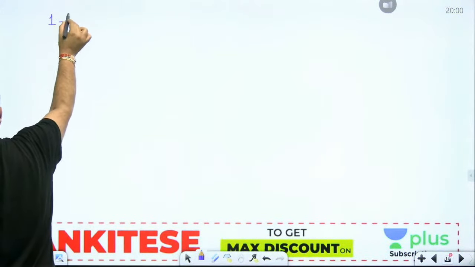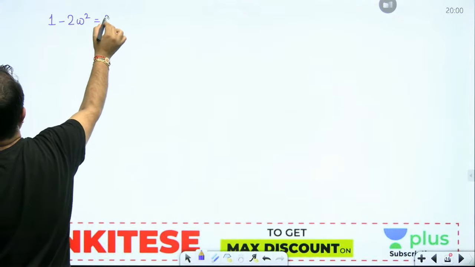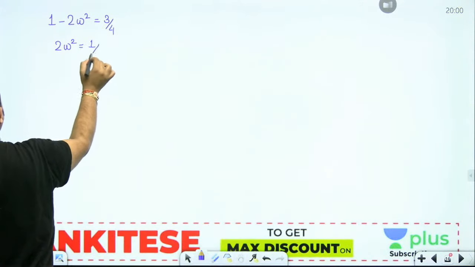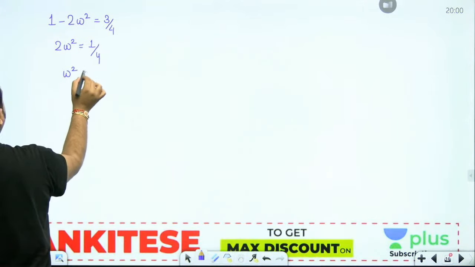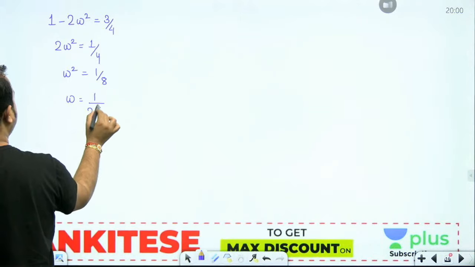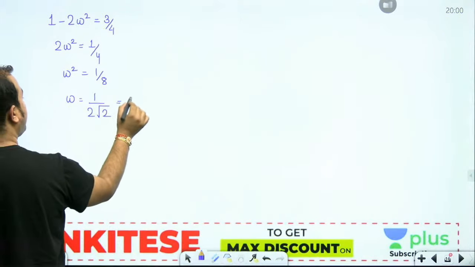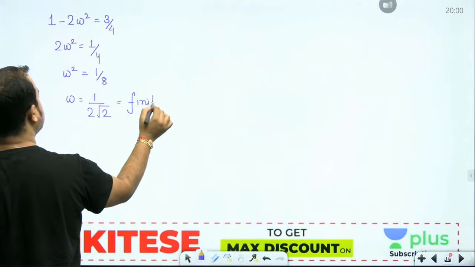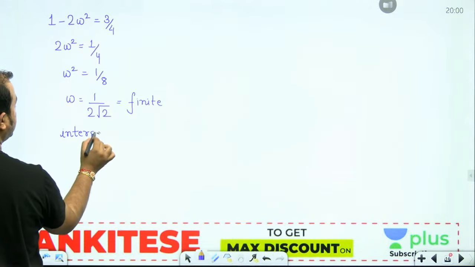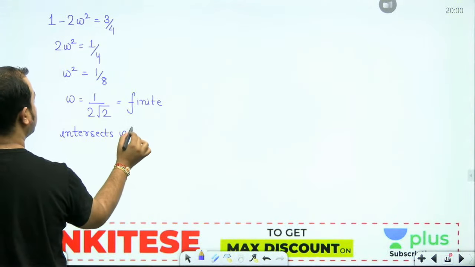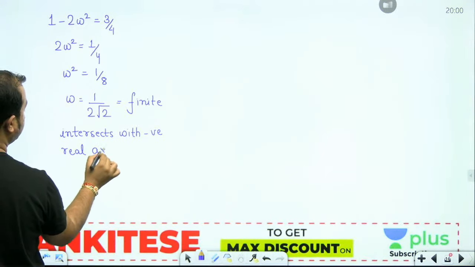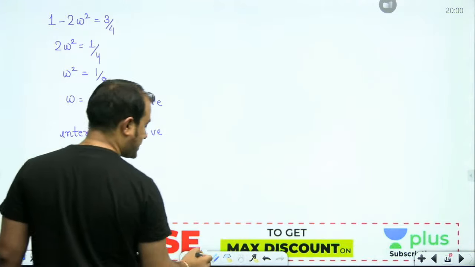If you cross multiply, you get 1 minus 2 omega square is 3 by 4. 2 omega square is 1 by 4. Omega square is 1 by 8, or omega is 1 by 2 root 2. So that is a finite value. That means now, my dear, it intersects with the negative real axis. Okay. The second part